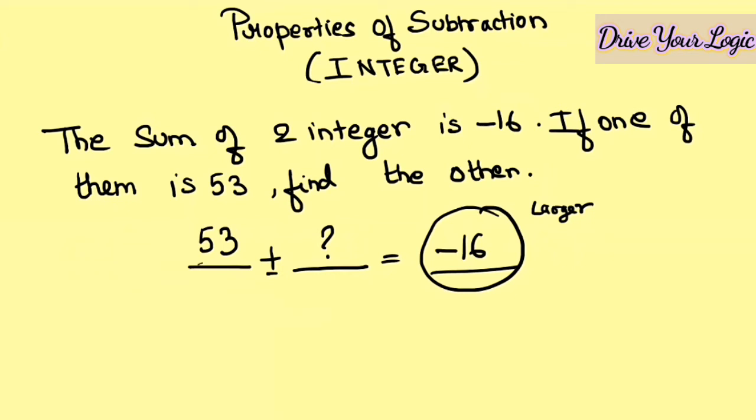But don't get confused by seeing the integer now, because in addition, the resultant is greater. When you add plus 2 plus 3, the answer is 5. That means the resultant of any addition is greater. Same way, here also the answer will be greater. Clear? So what you have to do? If this is greater, I have to do subtraction.